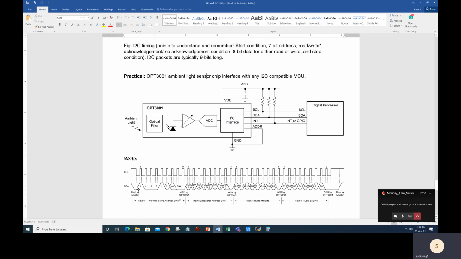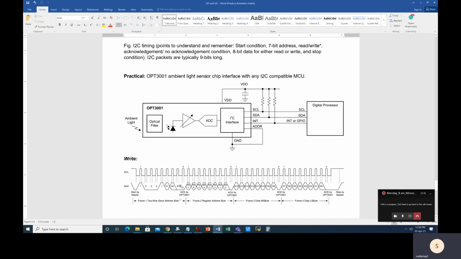Then it will write the 7-bit address. Certain bits of the address in the OPT are fixed and certain bits can be programmed. Typically the ADDR pin programs the A0 bit, and A1 can be software written, or there is some initial default value of A1 inside this sensor. Now you have to follow the pattern given for this 7-bit address, so that you can select a particular OPT, assuming there could be multiple OPT sensors connected to the SCL and SDA lines. Then there is the 8th bit, of the 9-bit frame.